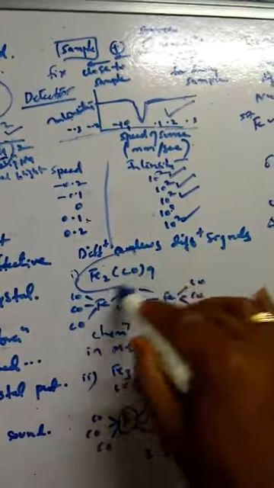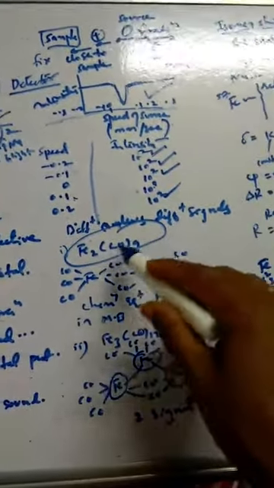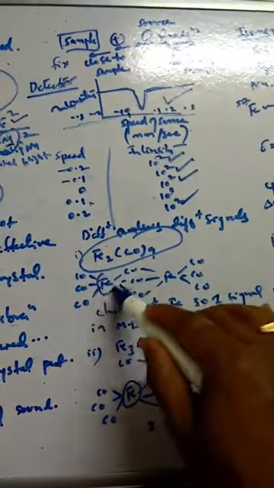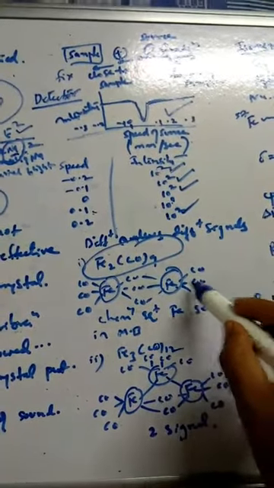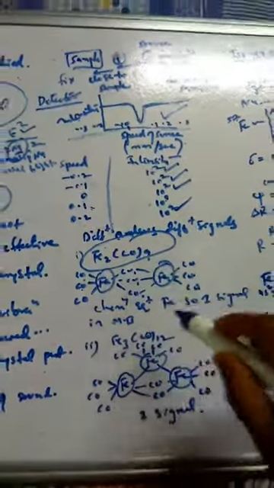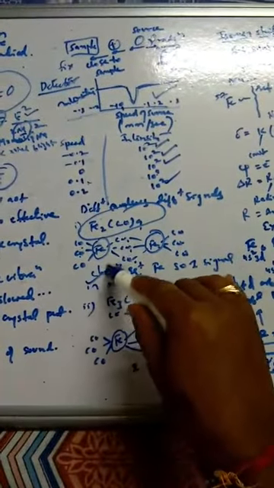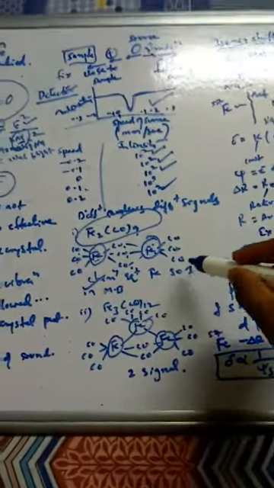Now how can we identify this with respect to different complexes? For example, how many signals can Fe2(CO)9 give? If you see the structure of Fe2(CO)9, the iron nuclei have the same environment. Each iron is attached to 3 terminal carbonyls and 3 bridging carbonyls. So you are going to get one signal in the Mössbauer spectrum for this complex. The 2 irons are chemically equivalent in nature, so that is why you get one signal.